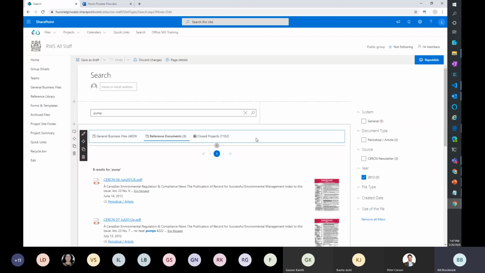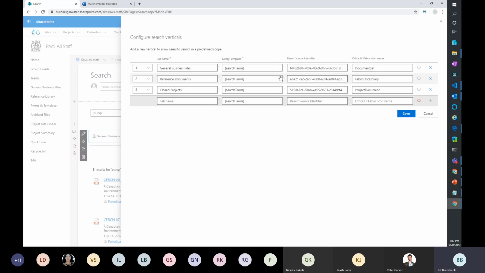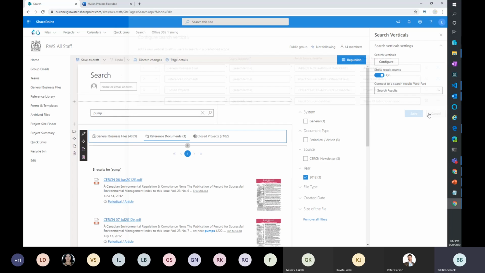And you were asking about how these work. They're set up against different result sources that I created for targeting the actual path to those locations. So we just look at the configuration. All I've done is thrown the GUID up here, put the library through, pass through the search term to the query.